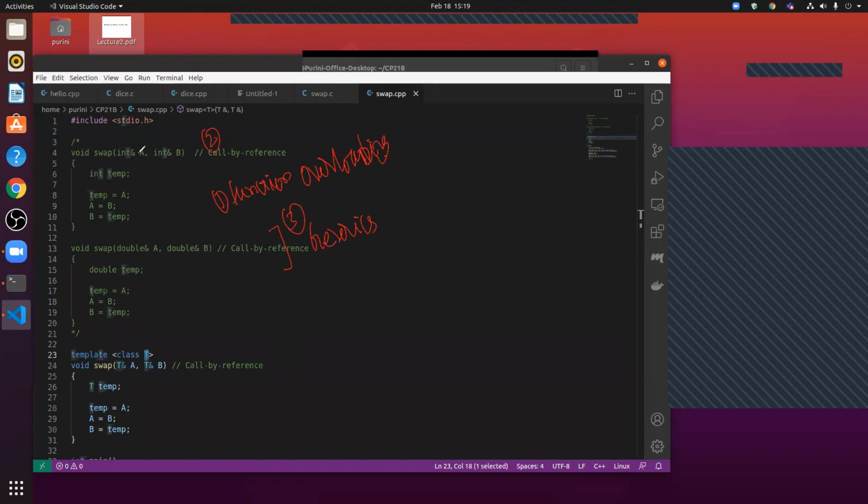No, the ampersand only means we are passing the parameter by the call by reference mechanism. Call by reference means any change made when you call this, for example, swap with var a, var b, any modification to a will be reflected in the memory associated with var a.